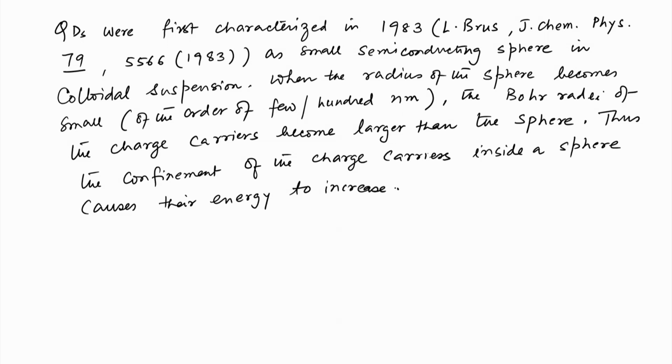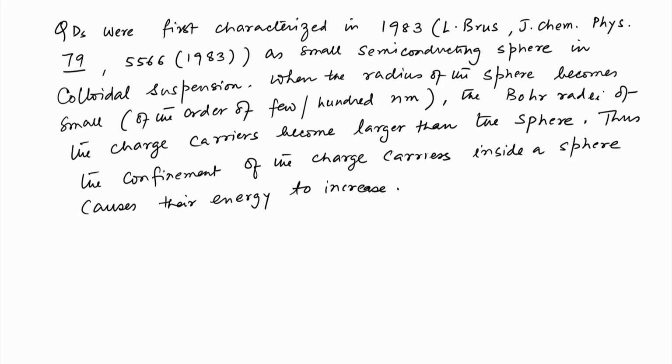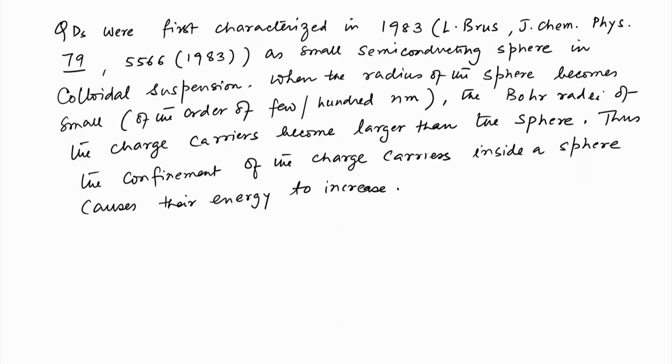So, this is by and large the definition of quantum dot. What happens is that when you confine charge carriers within a small volume, it can so happen that the Bohr radii of these charge carriers actually spill out of the sphere. This would cause an enhanced energy when you are trying to confine the charge carriers into such a small volume. So, our plan is the following, that we wish to demonstrate